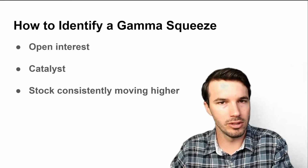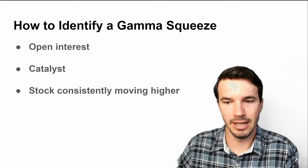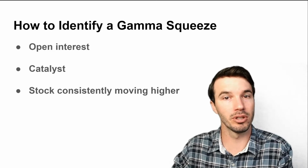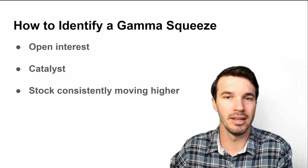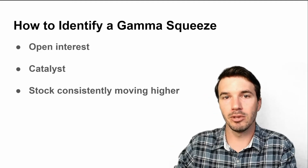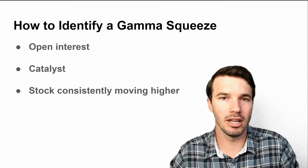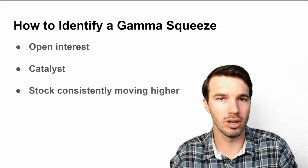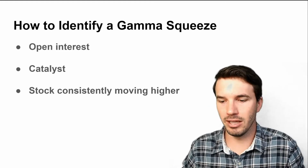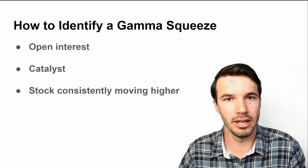remember, a gamma squeeze can last one day or it can last several days, right? It really just depends on the stock, depends on how many people are buying call options, how many people are taking profits on those call options, etc. That's one of the reasons why with Tesla stock in particular, a gamma squeeze could last several days, because a lot of times the investors who are buying those call options think the stock is going to go much, much higher. And so even if the stock moves up 4 or 5% in a day, they'll hold on to that option